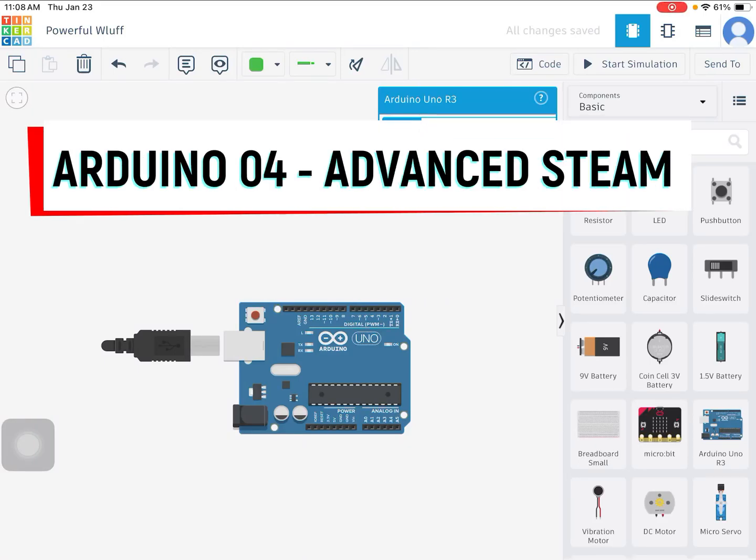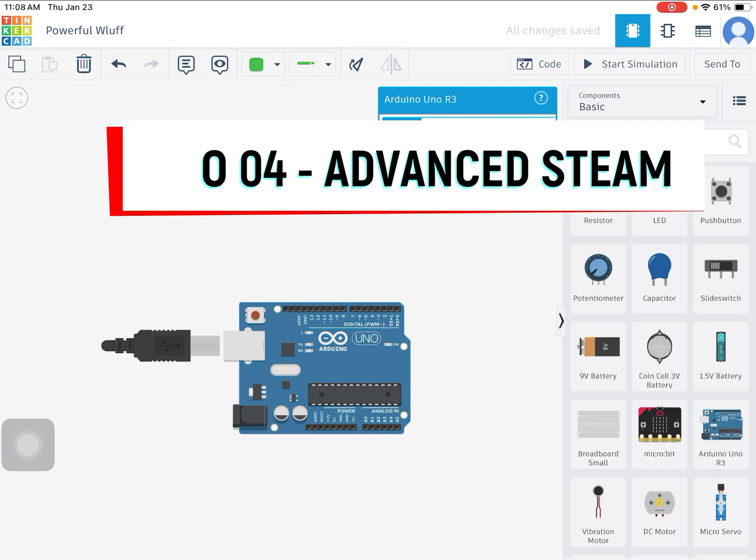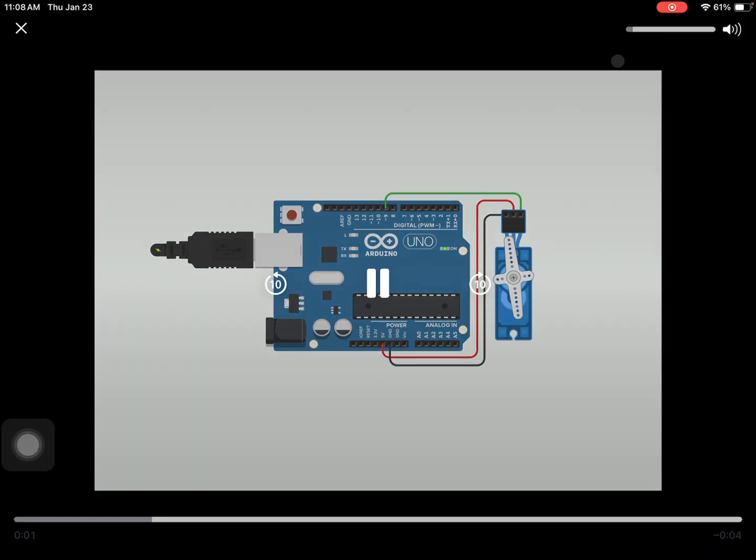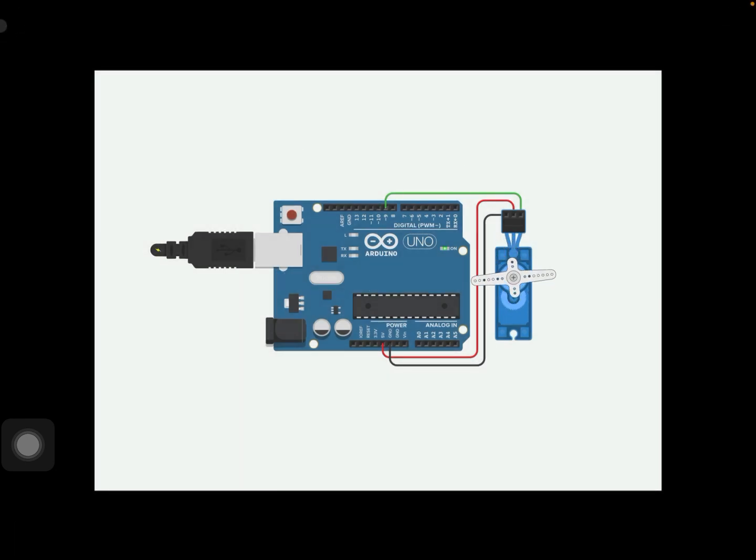Welcome to Arduino tutorial 4. Today we are going to be learning about servo motors, and we're also going to be learning about the serial port. If I go to the question mark and click on the question mark, it shows how you can set it up. And actually, if I get out of this,